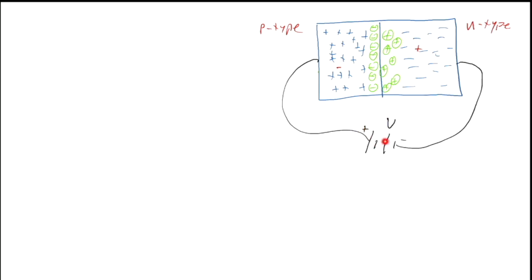to do something. So without this battery here, there will be a diffusion and a drift current, and they will equal each other quickly, and there will be basically no current flowing across here. And even if we hook up a wire between these two sides, there won't be any current flowing across because those currents cancel out. But if we hook up a battery,